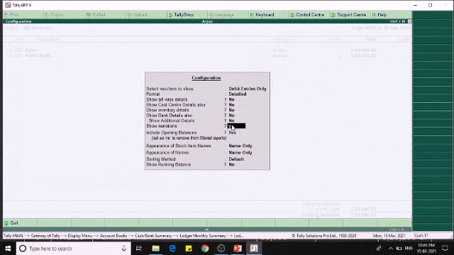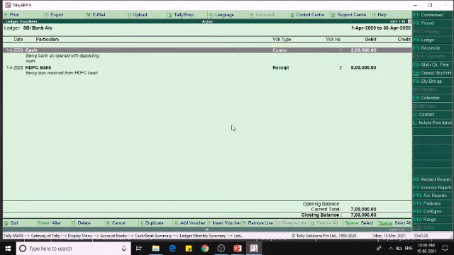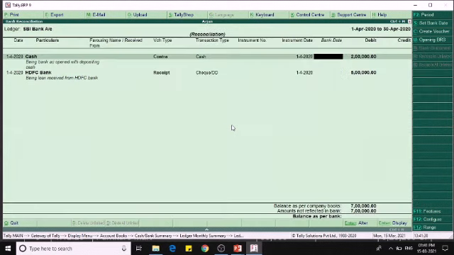So this displays the narrations we have entered. To reconcile the balance, we have to press F5. If we press F5, the reconciliation will open the bank date field. With reference to the bank statement or passbook, we can set the relevant bank dates as shown.